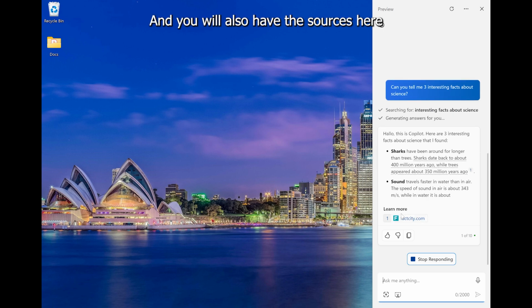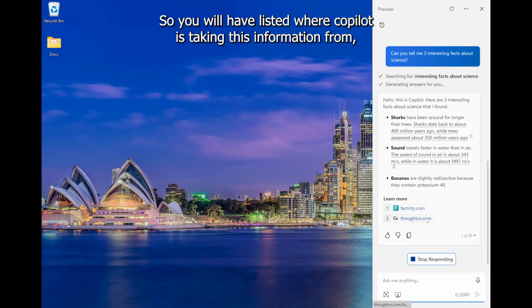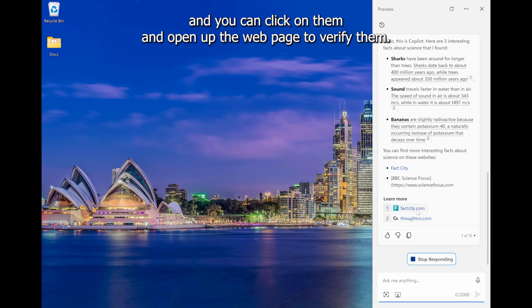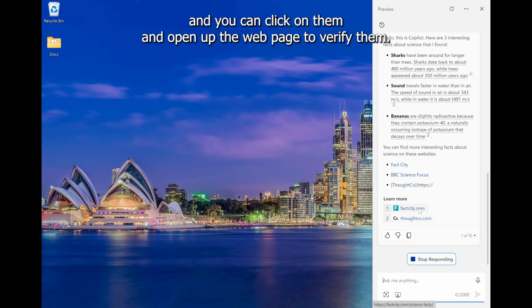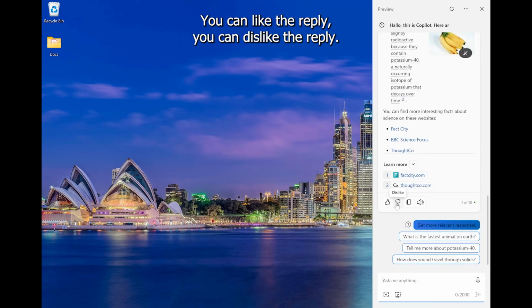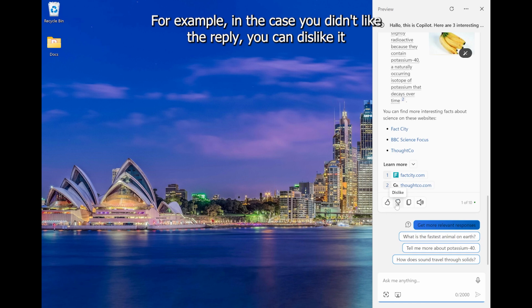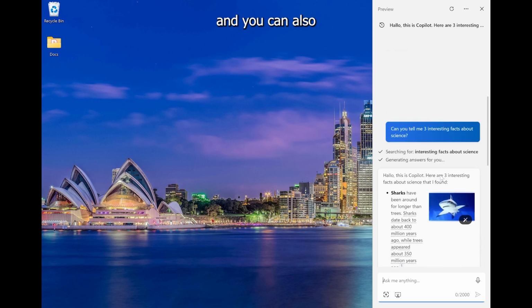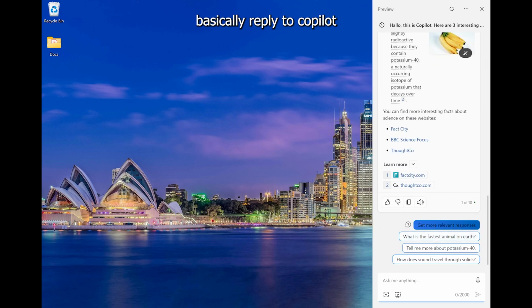And you will also have the sources here. So you will have listed where Copilot is taking this information from, and you can click on them and open up the web page to verify them. You can like the reply, you can dislike the reply. For example, in case you didn't like the reply, you can dislike it, so you indicate that the reply is wrong. You can copy the reply, you can read it out loud, and you can also basically reply to Copilot,